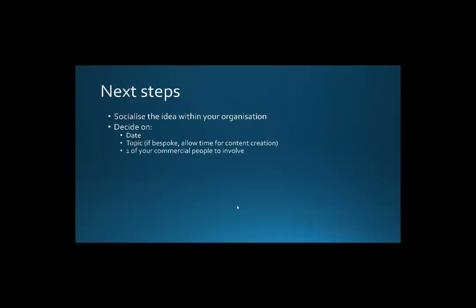Decide on one of your commercial people to involve, because it'd be really good to have a commercial person in the room monitoring and watching the conversations that result. As we go through the technology, customers are going to say things like, can I do this? Can I do that? Would this work? Could we do this kind of a project? We need the commercial person in the room to pick up on those conversations and extend them when they get